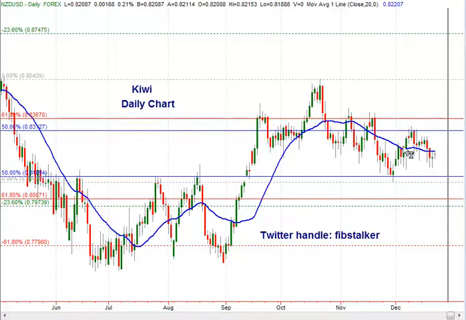So the weekly is a long. The daily here is a long. We have the 4 hour, it is a short here, so I believe eventually the long will win, just because the long is on the path of least resistance at the moment. So we could anticipate a continued move higher and maybe above this 0.8367 here,